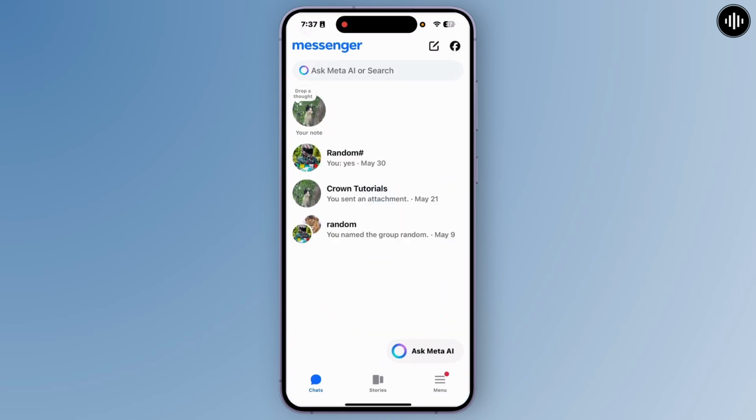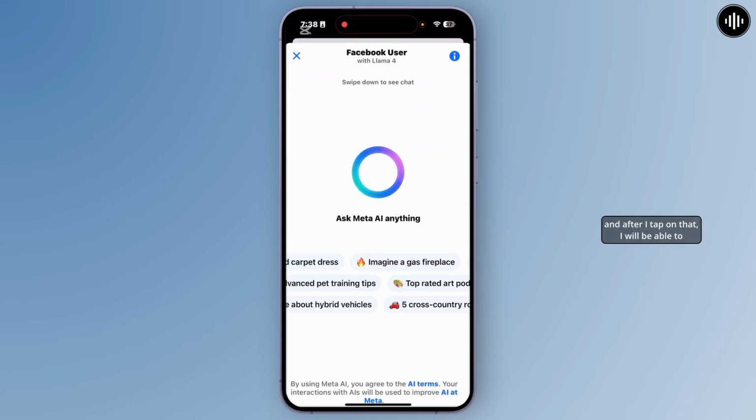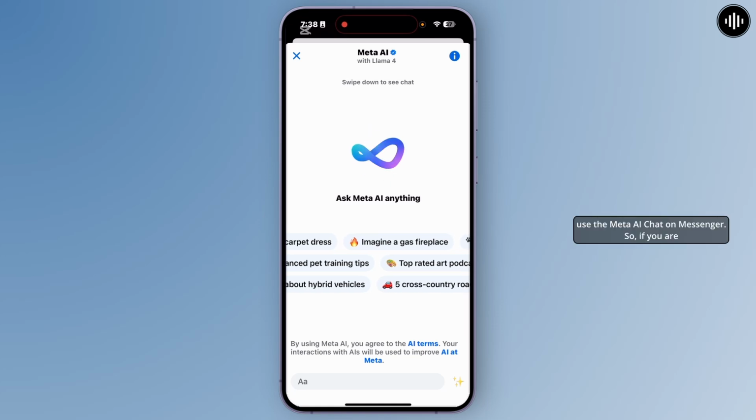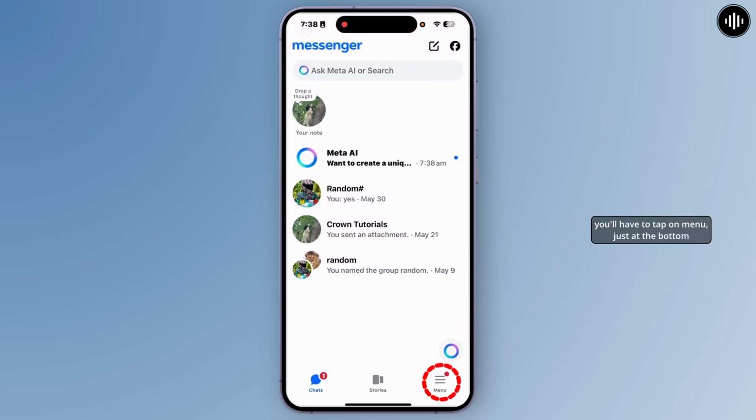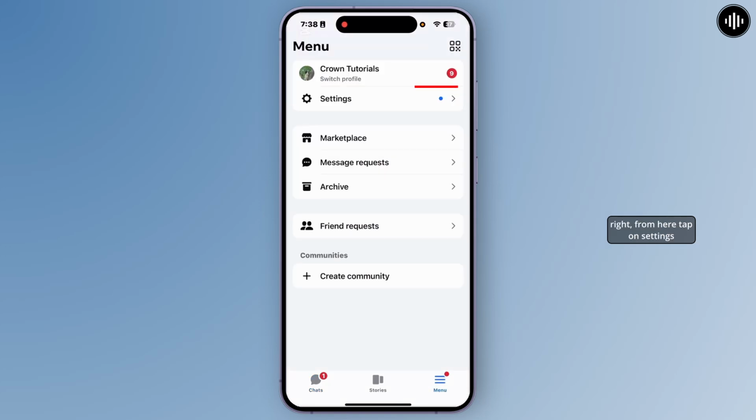Alright, as you can see, after you update, at the bottom left you can easily tap on the option Ask Meta AI, and after I tap on that, I will be able to use the Meta AI chat on Messenger. So if you are still not finding the option, you'll have to tap on Menu just at the bottom right. From here, tap on Settings,